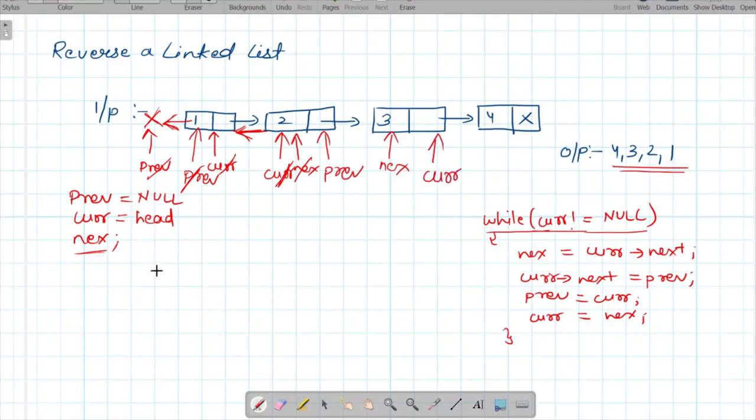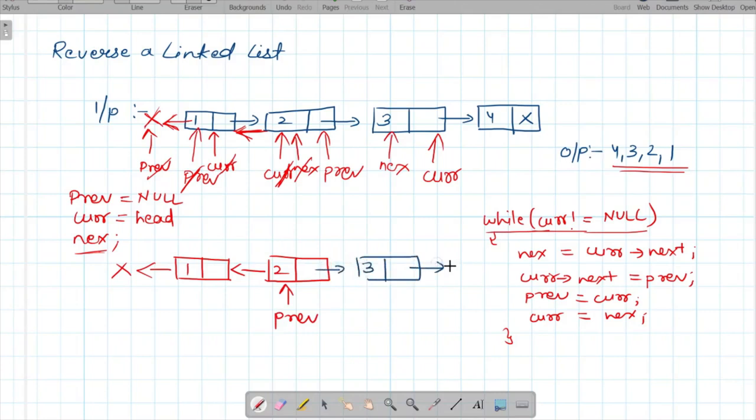So till now, the updates that we have done in the linked list, I'll write them here so that it will be easier for us to understand. So these 2 pointers we have made till now, that is 1 and 2, and right now our previous is pointing over here, and let me make the remaining pointers also.